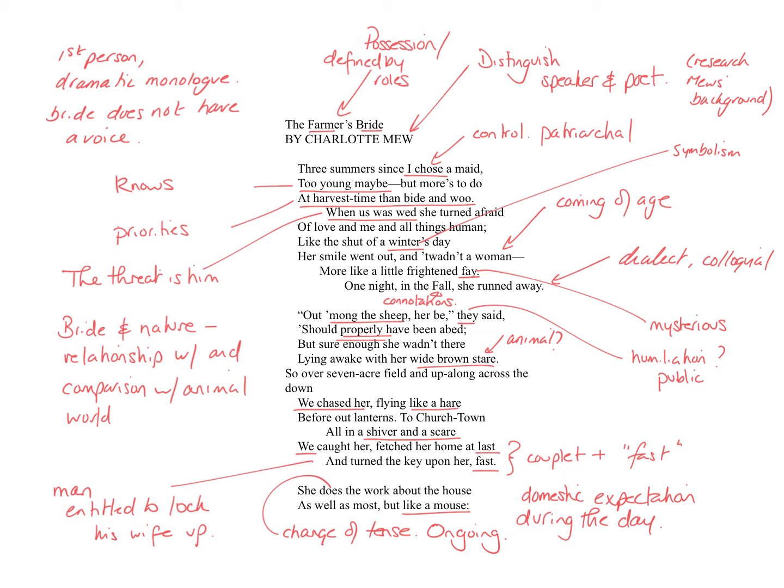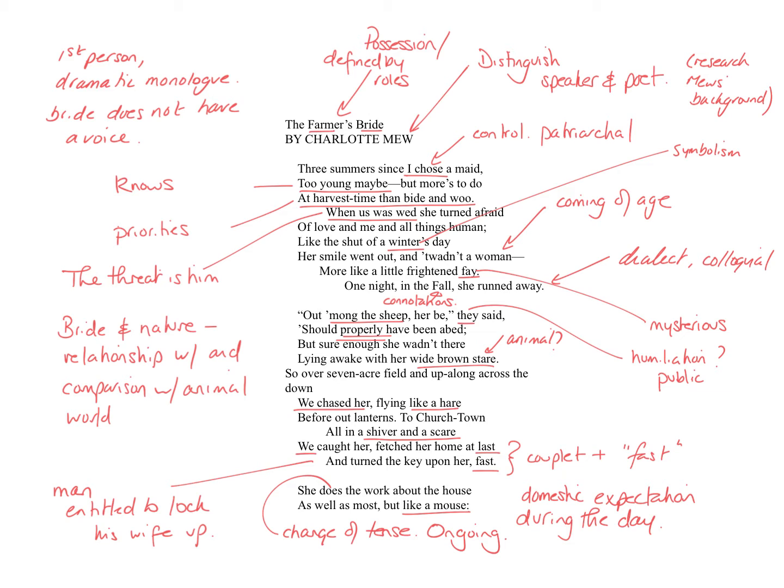Now, I'm going to annotate in blue, and the purpose of this annotation is to make sure that you've got a sound set of notes on the poem, you understand the meaning and you've started to understand the symbolism. In order to write about it, you have to take the next step in terms of collecting your thoughts and